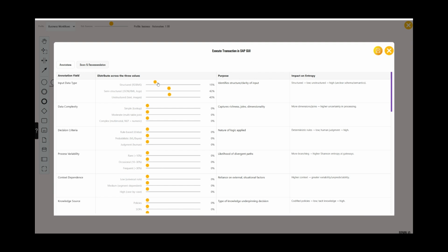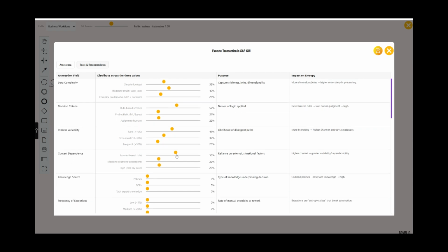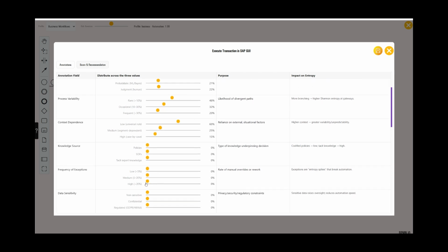You could say here, yeah, about 67% is structured because it's a GUI, maybe more. And then a little bit more of semi-structured. Data complexity, it's simple, a bit more for moderate. Decision criteria, put it like this. Process variability, rare, and a bit more occasional. So what you're doing is you're using the slider to select the percentage of that particular annotation field as an